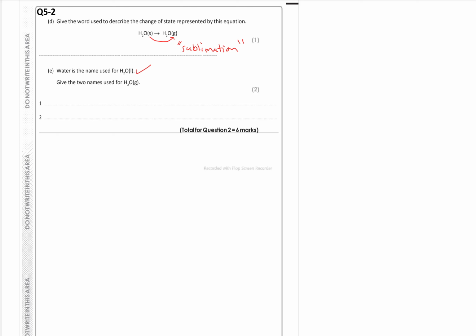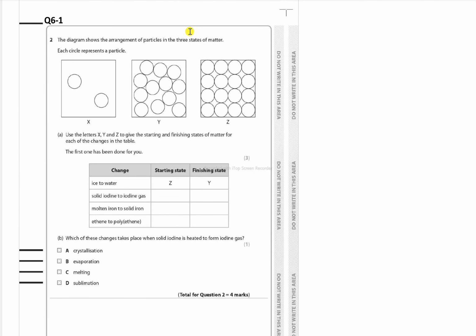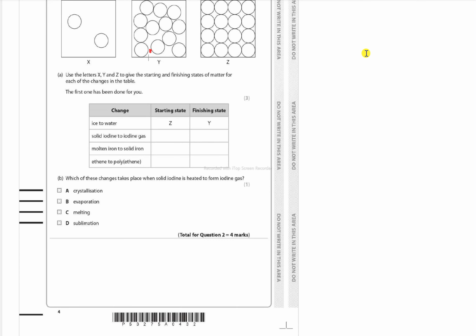What is the name of H2O? And as a liquid and as a gas, you can have water vapor or steam. See, these gaps are no good, really. So what we need to do,